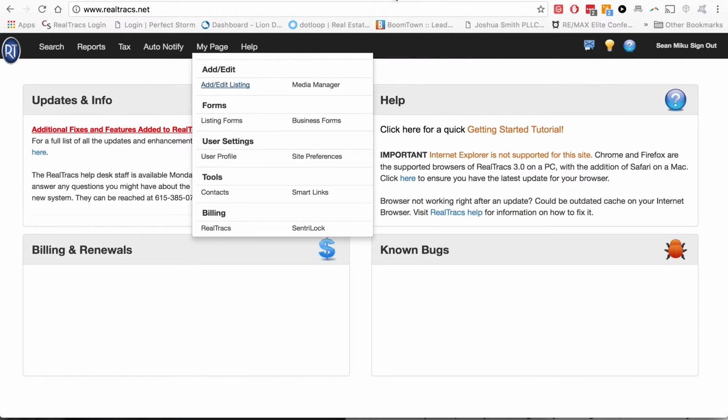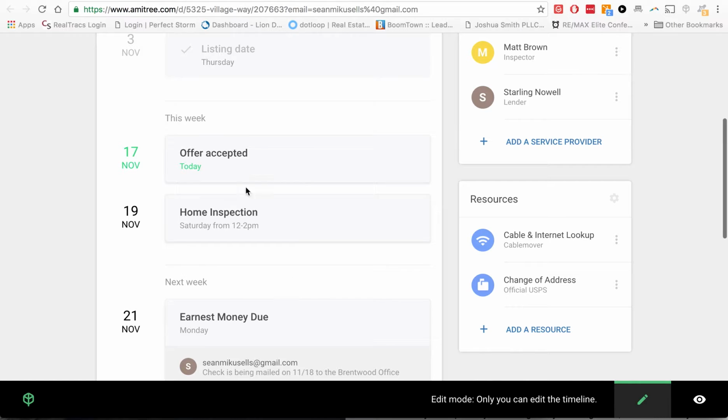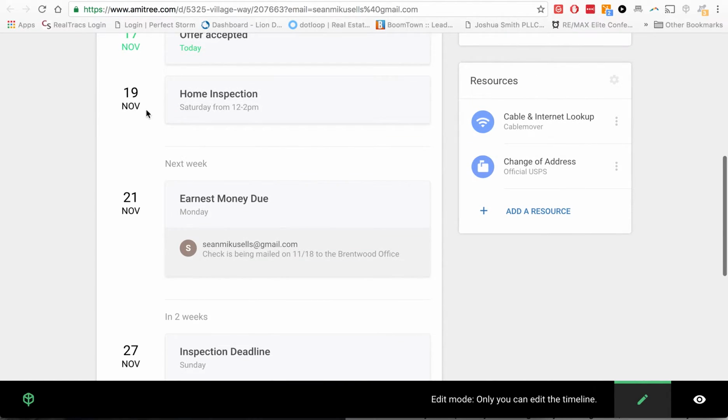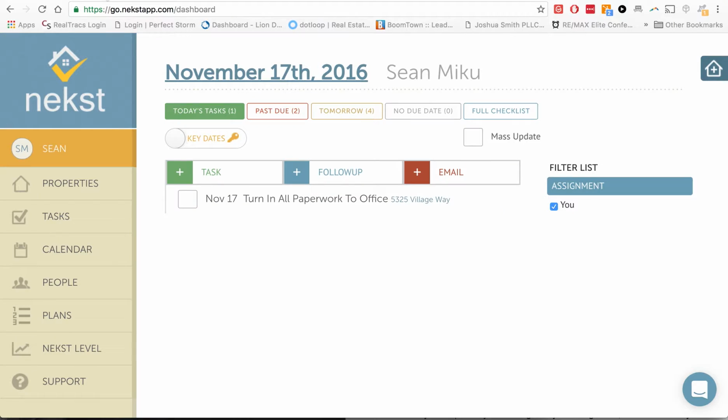And then we just need to make sure we're keeping track of these deadlines, which is done for you essentially over here, and keeping track of this process over here. Other than that, everything is pretty much done for you. It takes about maybe 30 minutes to an hour up front. Obviously, it's going to be quicker the more you do it. But it's just that little bit of time up front, and then you're pretty much on autopilot from that point on, other than updating the lender and getting updates from the lender,